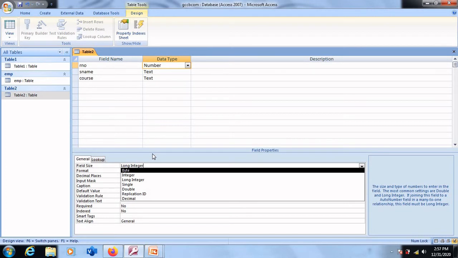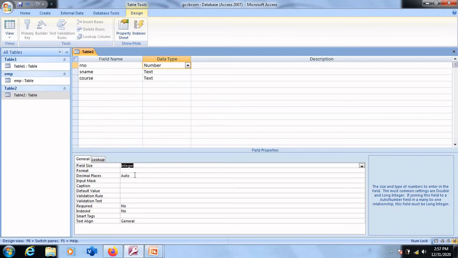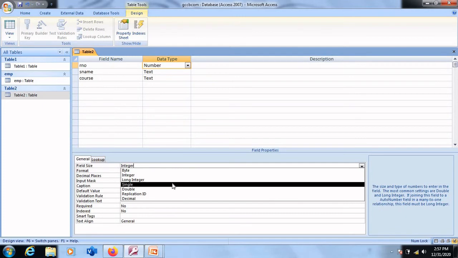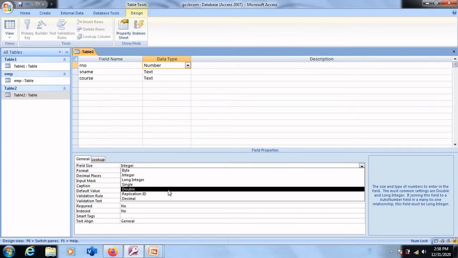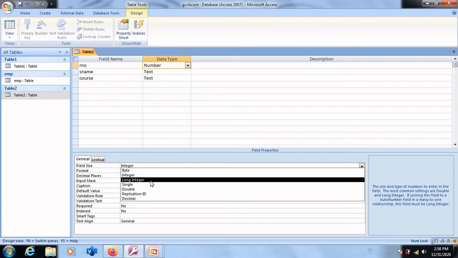For roll number, which generally is a smaller number, you can select either byte or integer. For entries like roll number, which generally are 2 digits or 3 digits at the max, you can go for integer. And roll numbers also do not come in fractions. We cannot have roll numbers such as 10.5 or 15.5. It is a complete number, hence you can go for integer. And for percentages, you can go for single or double, or you can even go for decimal, if it is an entry like percentage wherein we have a decimal dot and decimal digits.